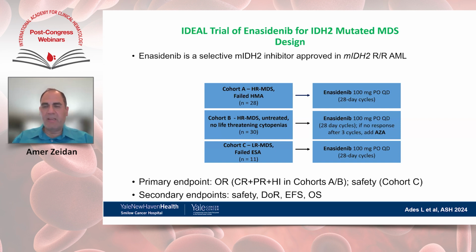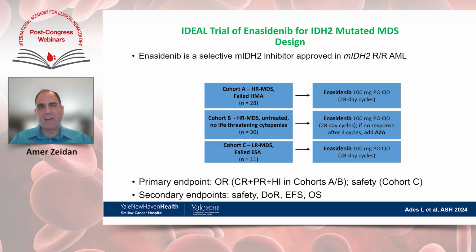And there was another update, which I think was also an important one, looking at the IDH2 inhibitor, enasidenib, which is also approved in the US for AML with IDH2 mutation. This mutation is slightly more common in MDS and AML than IDH1, but still relatively rare. Less than 10% of patients will have an IDH2 mutation. This drug does not have a label in the US for MDS, but it does have a label for AML.